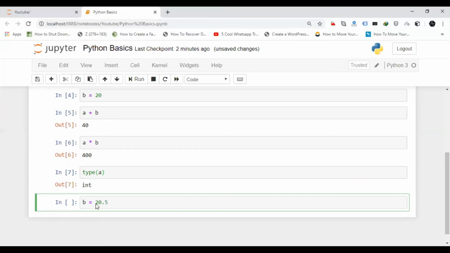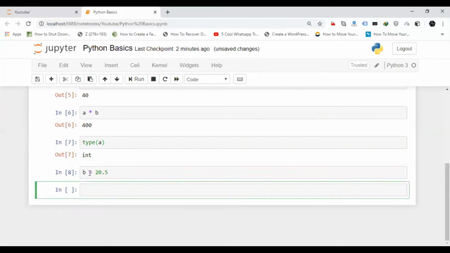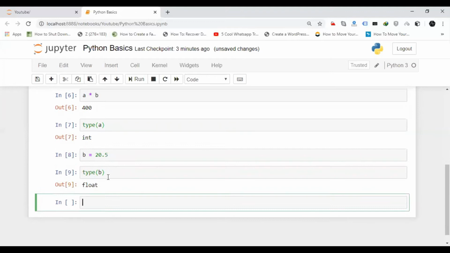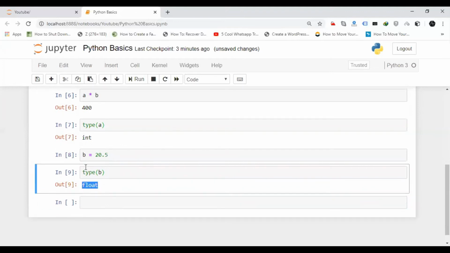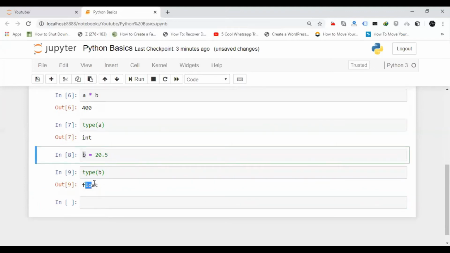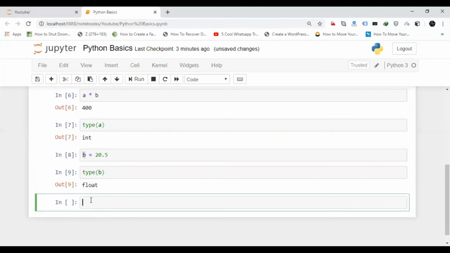Which kind of variable will it be? It will be of float type, so you can see here it gives the output as float. This variable is defined as a float type variable. Here you don't have to declare anything; Python automatically determines the type of the variable.